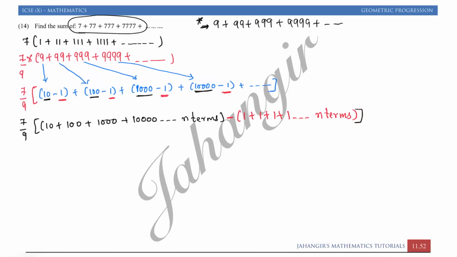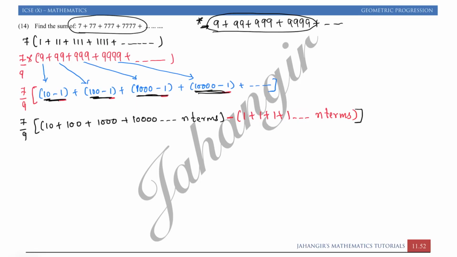What we did here: first, if you have 7 plus 7 plus, take out 7 common. So you will get everywhere 1 plus 1 plus 1, and then you can multiply by 9, because 9 is the only number, 99, 999, which can be broken down into 10 minus 1, 100 minus 1, 1000 minus 1, 10,000 minus 1. So any type of number, you have to first convert into the 99 pattern, and then